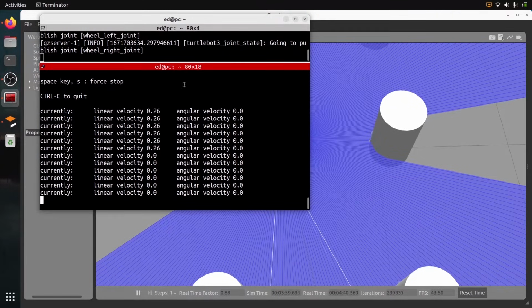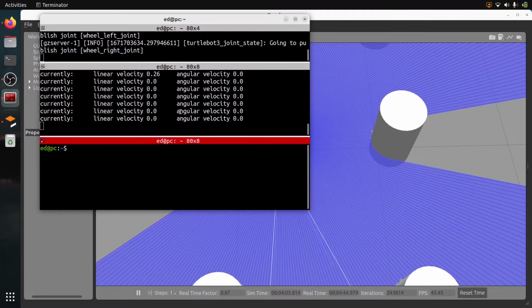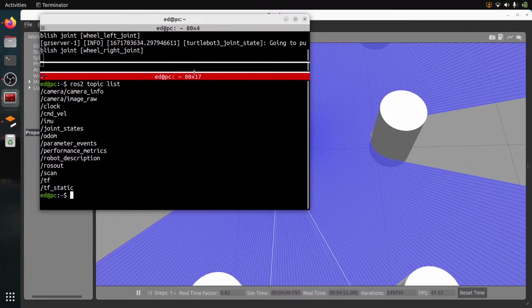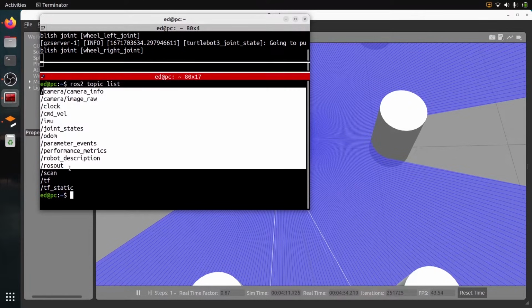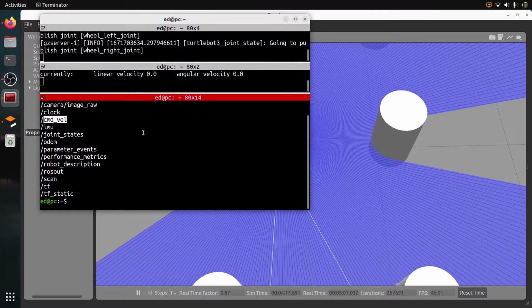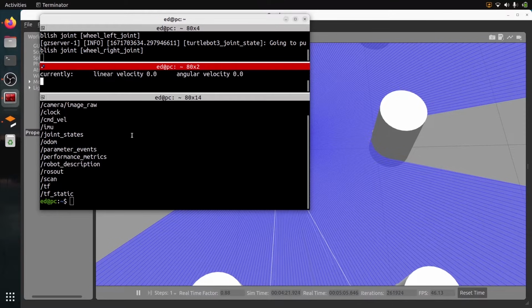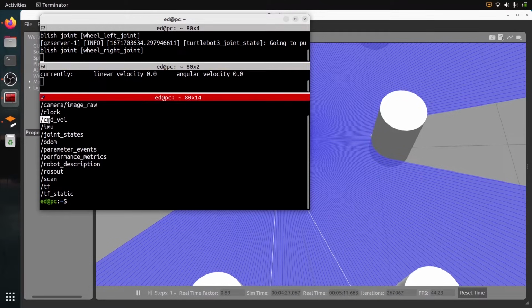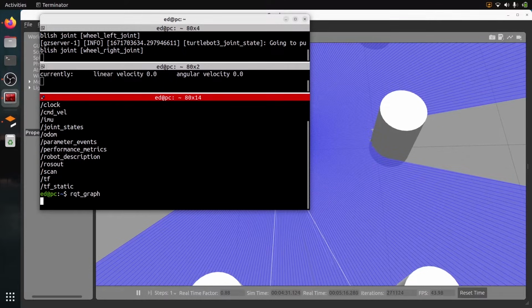And last thing is, if you want to understand a bit what's happening, let's open a new terminal. Let's do ros2 topic list. Here we have all of the topics running currently, and we have this command velocity. The robot will listen to command velocity with a controller that's going to make the robot move, and the teleop node will send a message on this command velocity. With rqt_graph, so if you run rqt_graph,